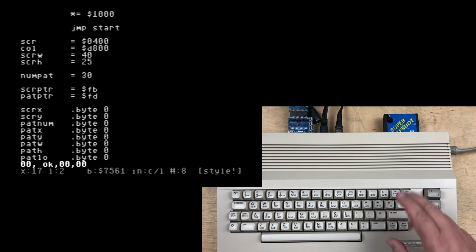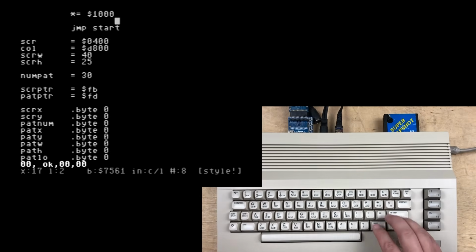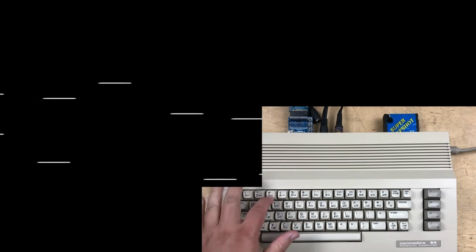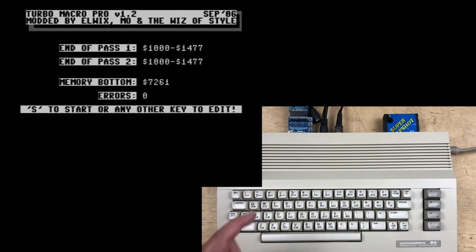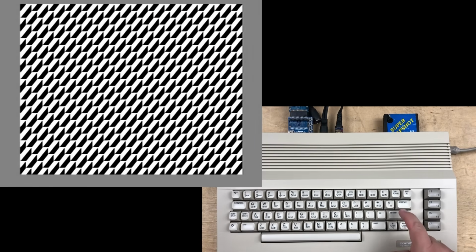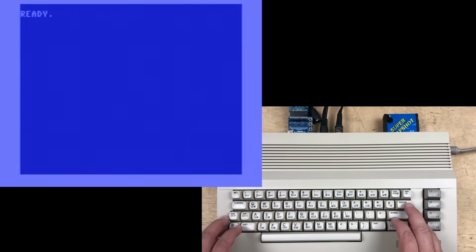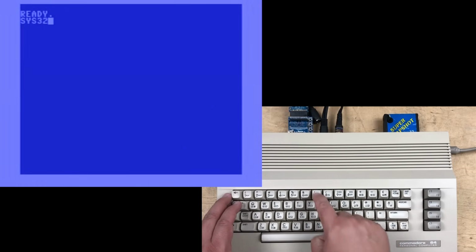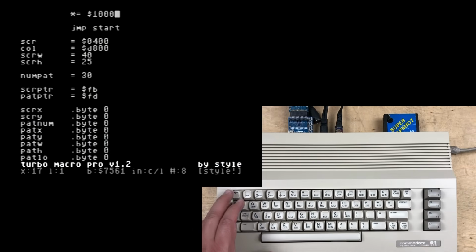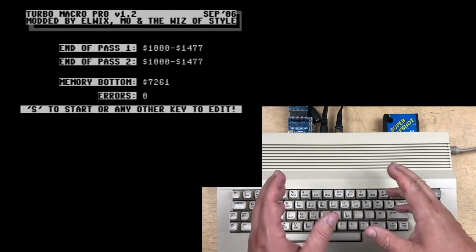I'm just explaining that you don't have to have that runnable program. When you're developing, you might find it easier just to do this at a different memory location, back arrow 3 to assemble, and then that S will just automatically start. And there's our program. Actually, if we go back arrow build, you see it's actually assembling into memory